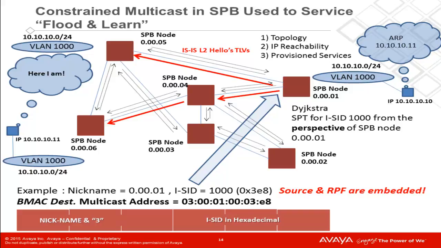The standard uses a model known as constrained multicast or tandem replication. This could have all been accomplished fairly easily by the establishment of a special flooding BMAC address, which uses all Fs. The SPB node would then flood all ports associated with a given I-SID. But it was